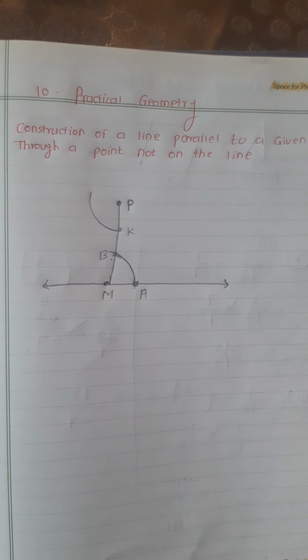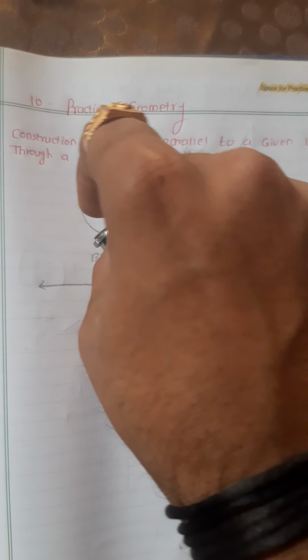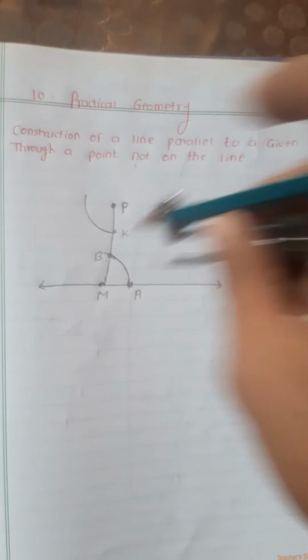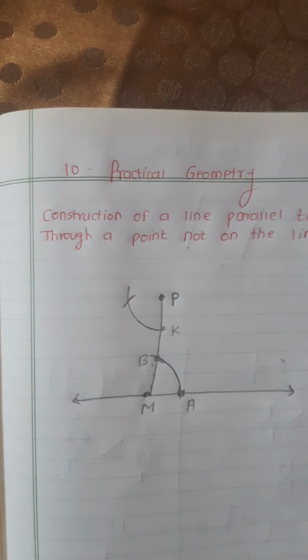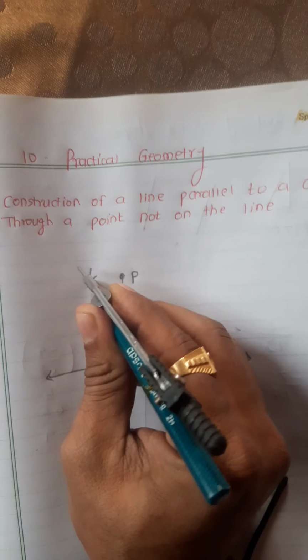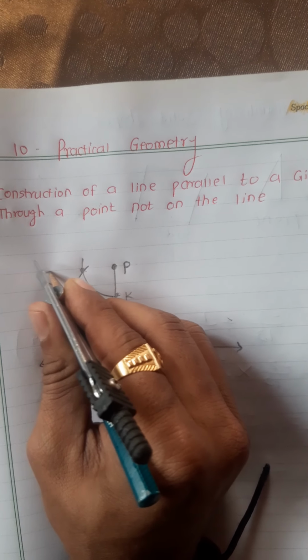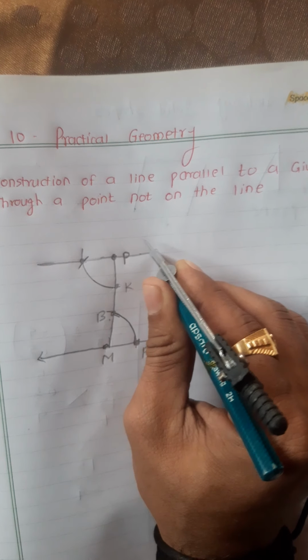And in the last step, we have to take the distance AB, the distance we took when we drew this arc. Keep one end of your compass at point K and draw an arc to cut this arc. Our process is finished. In the last step, we have to join this meeting point. This is your meeting point. You can join it, so this point will be on this line. You can see that.